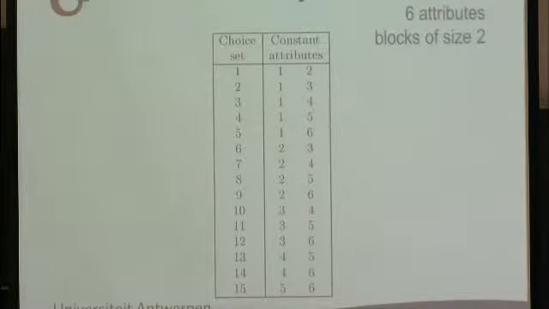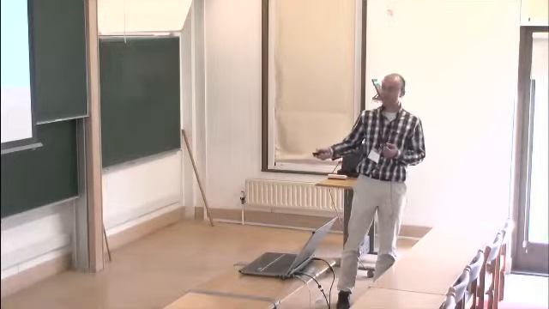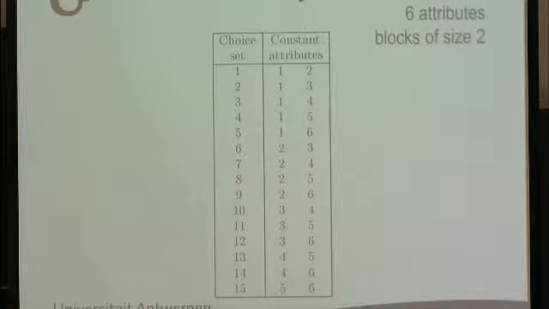And because we have 15 blocks here, 2 observations per block, and 6 different levels in each of the blocks, we can use this balanced incomplete block design to construct a choice design with 15 choice sets, 6 different attributes, of which we hold 2 attributes constant. So the block size of your balanced incomplete block design determines how many attributes you hold constant in every choice